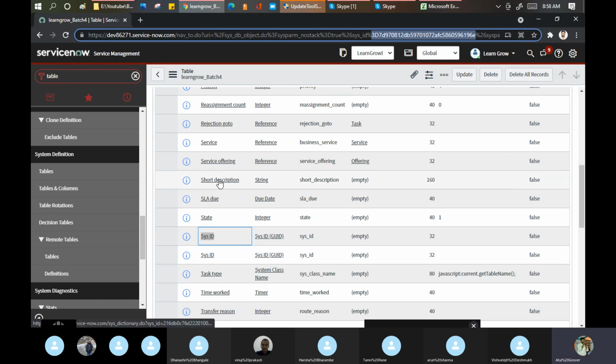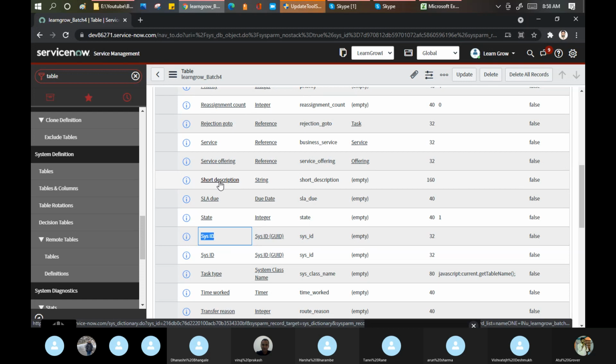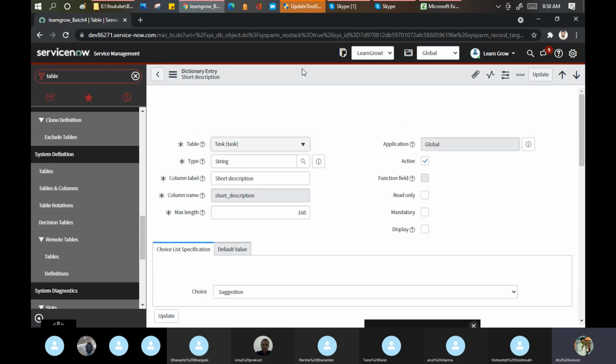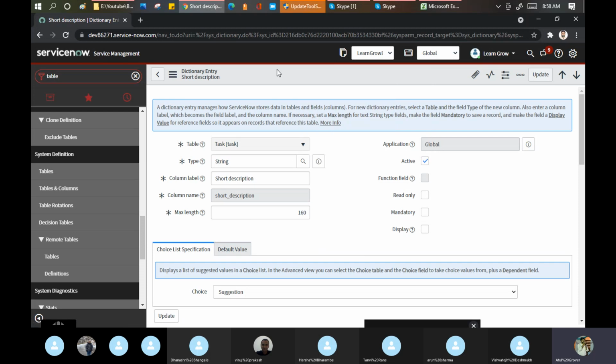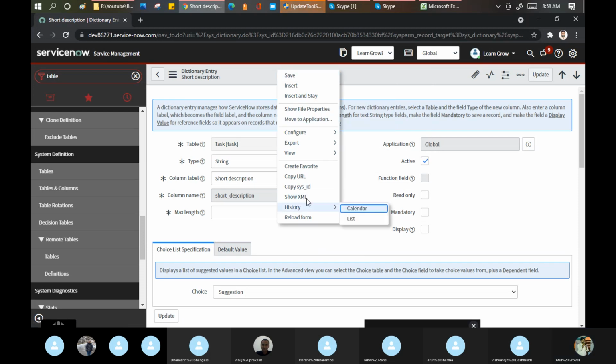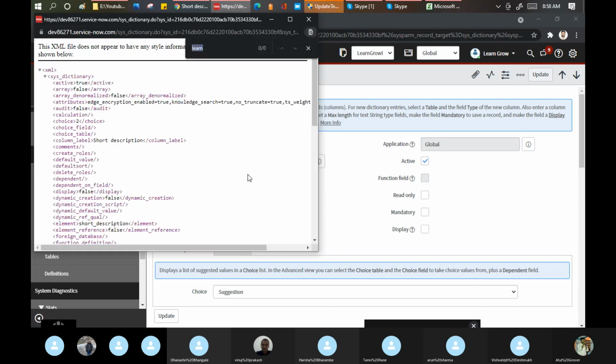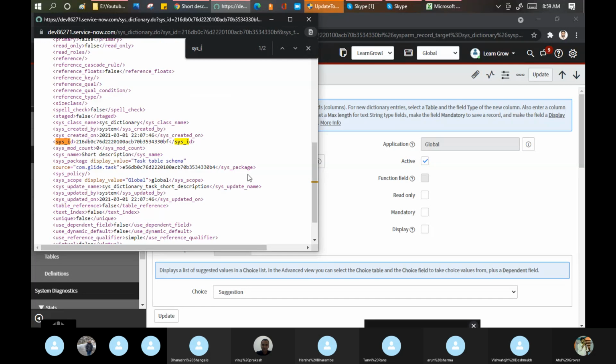Let's open this short description. Does this also contain a sys ID? Yes, it also has a sys ID. It means every record has its own sys ID.